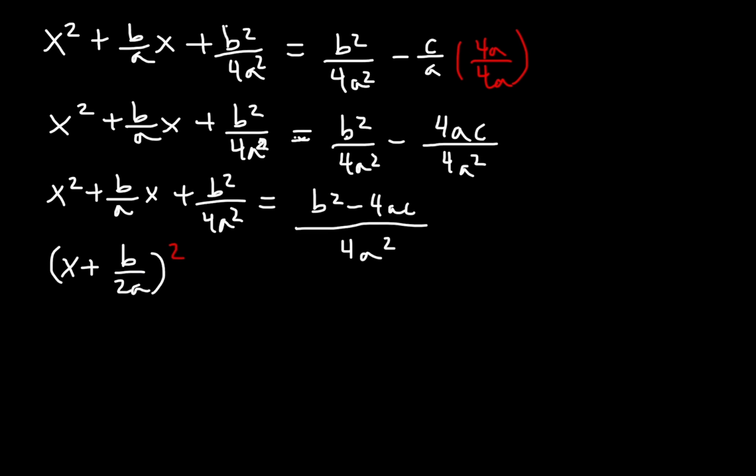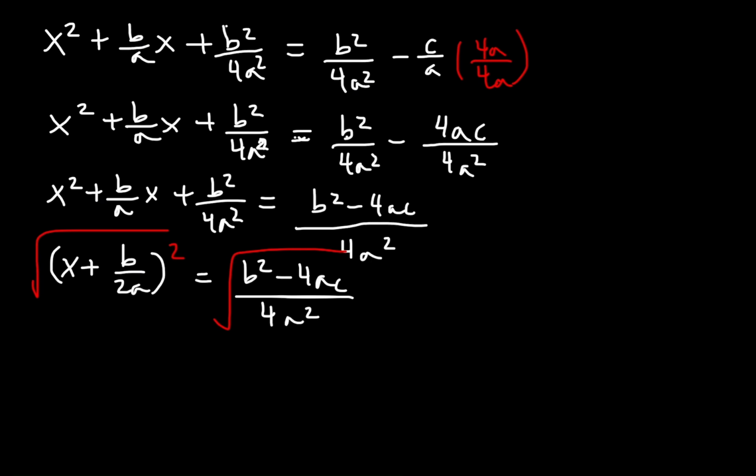And now here we squared the whole thing. That's how you factor a perfect square trinomial, which equals b squared minus 4ac over 4a squared. Now I'm going to take the square root on both sides. And whenever we take the square root, we have to put this plus and minus here. So the square and the square root cancel out. Now we just have x plus b over 2a